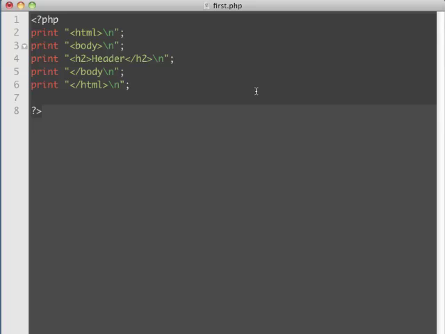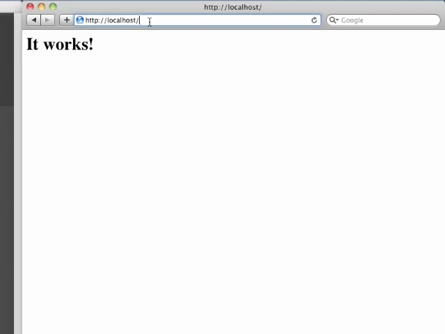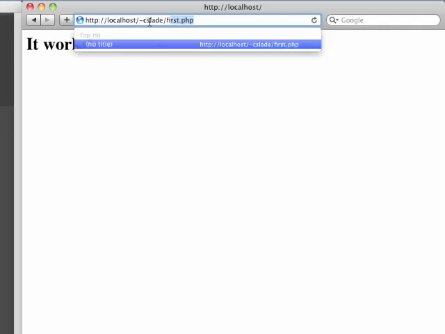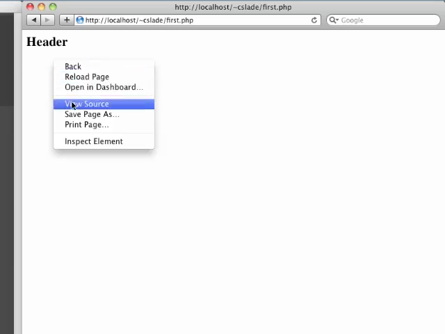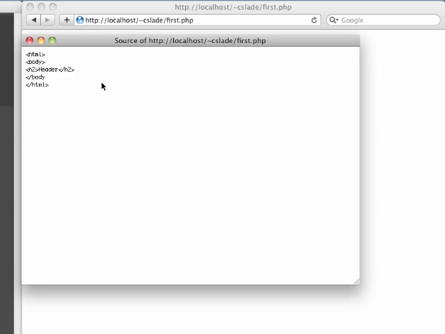Now, I'm going to save this file. I'm going to save it as first.php on the web server, and now I'm going to point my browser to it. And now you can see that I've created this web page. And if we look at the web page's source code right here, we see that it's my tags that have all been printed out